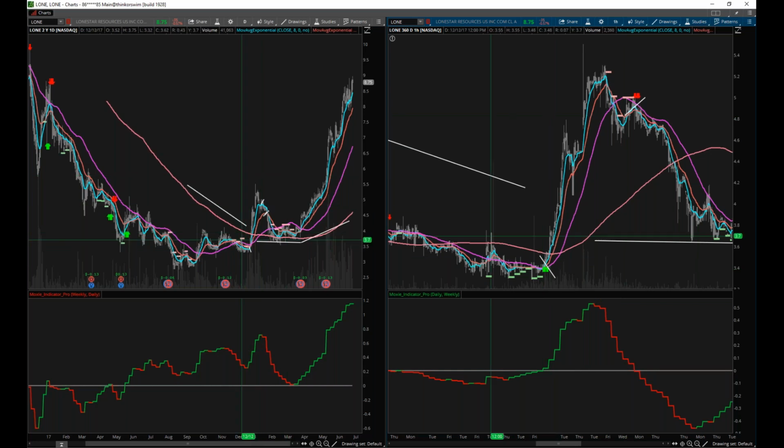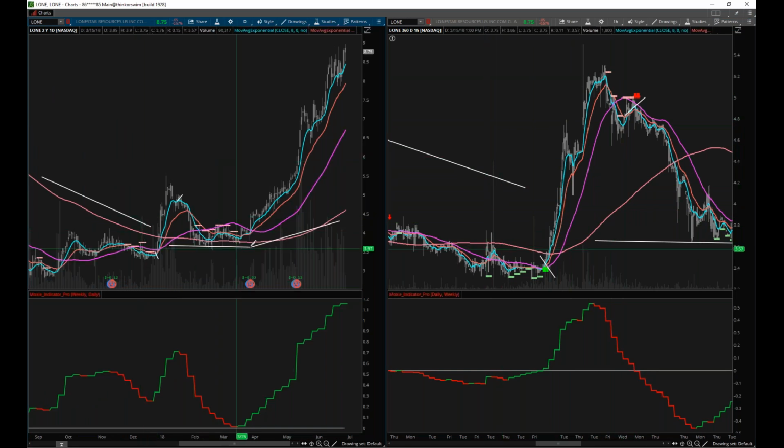And knowing the context of the daily chart right here, look at this. We had the daily 200 still going down when price tried to pop up. It's trying to bend the moving average in a way that it doesn't want to bend. And so what did it do? It came back down, sat on the daily 200, and then waited until price could get back over the 50. And once it did, this thing exploded and walked itself all the way back up.